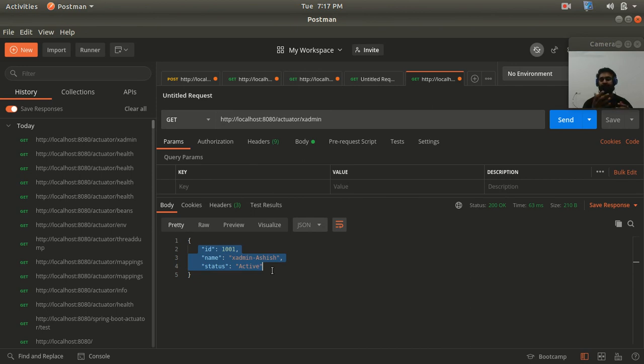And we have also learned how to customize your health metric. In the same way you can customize all other metrics also. All right, and in the last part we have also seen how to create your own endpoint. In a similar way you can create your own endpoint according to the requirement of your application or the requirement of your client, right? You can create your own endpoint and get the information about your application as an API call. All right, so guys, this is all about the Spring Actuator.